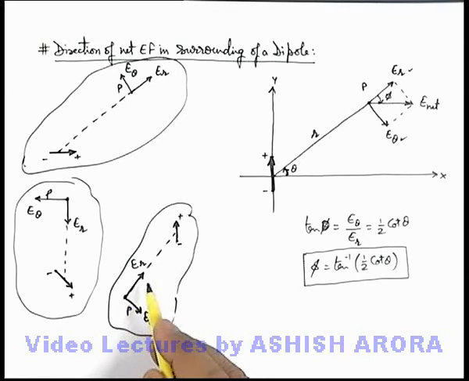This is the way we find out the actual directions of ER and E theta rather than independently calculating the values. In various qualitative analyses, this methodology to find the direction will also help us.